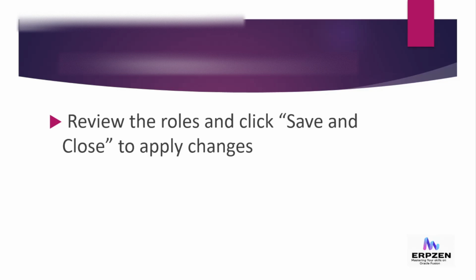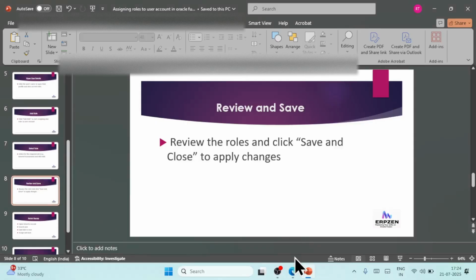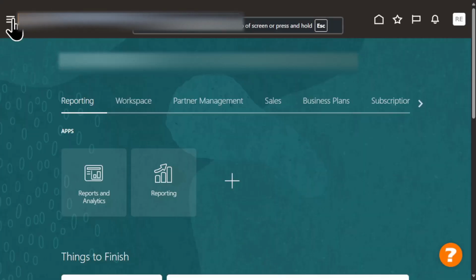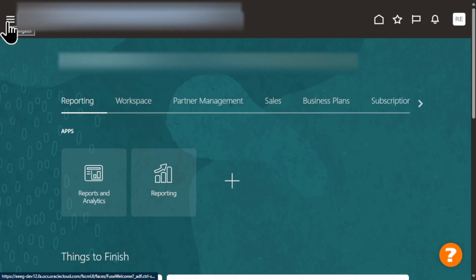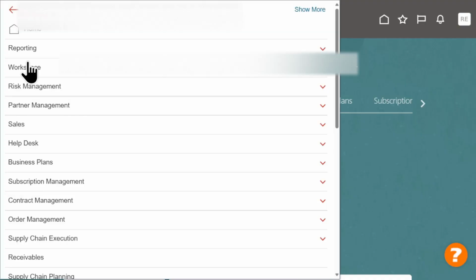Now, we'll quickly jump into the system and see how to assign the roles to a user account. You have logged into Oracle Fusion instance. This is known as landing page or springboard. Click on this navigator icon, or it is also known as hamburger icon. Click on this, click on the navigator,